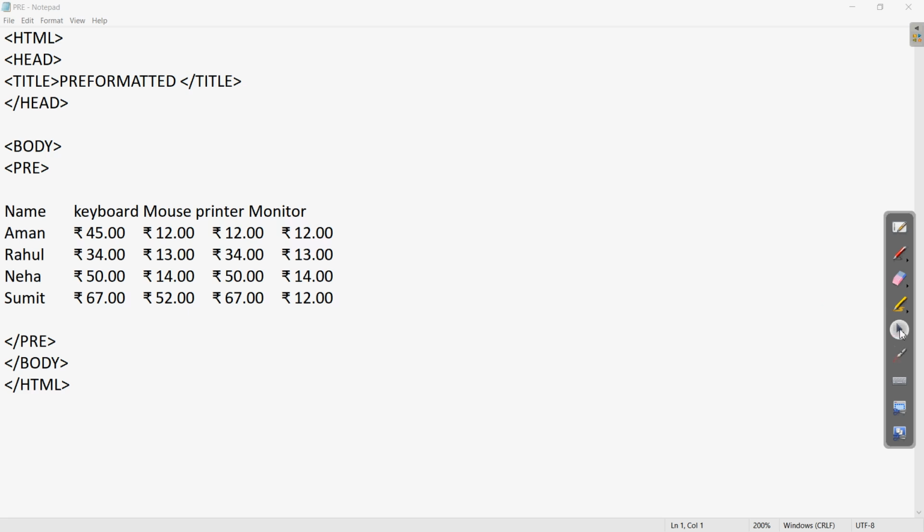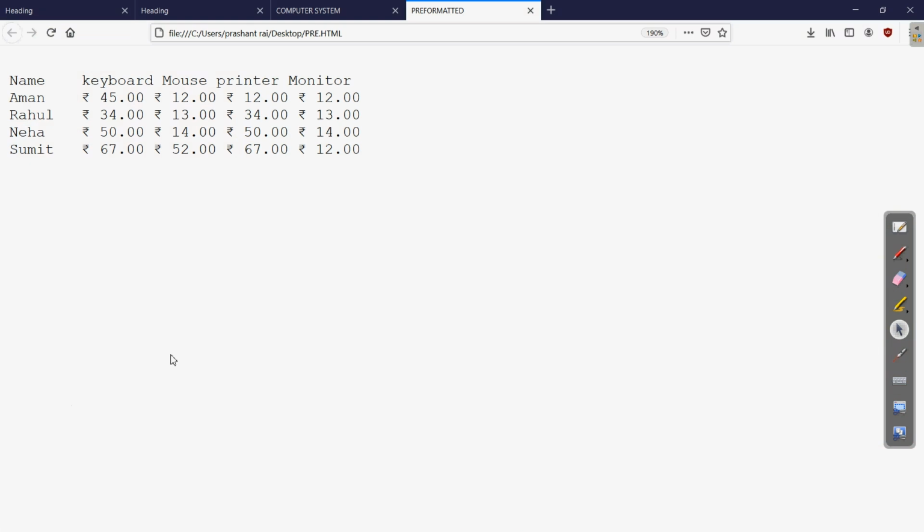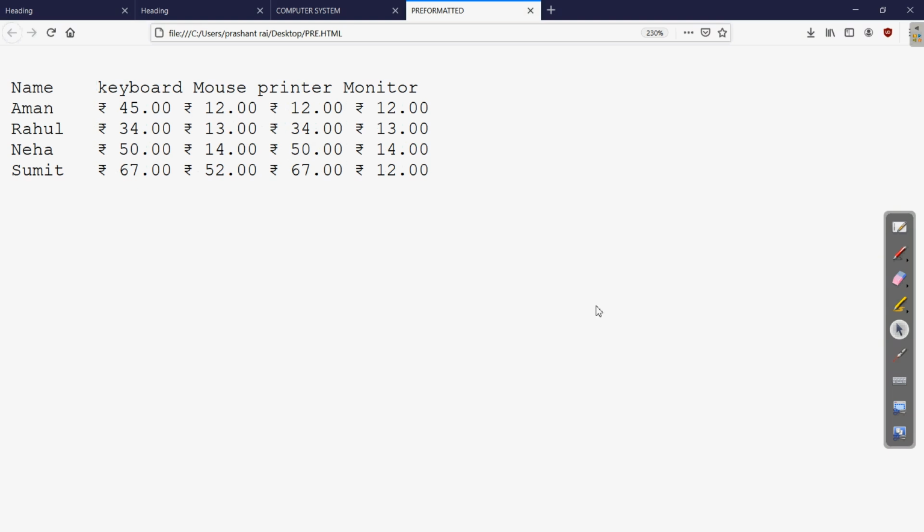Now let us see the output of this and how it is going to appear in the web page. To open this directly, click on this file. Here you can see that whatever was the appearance of this data in the notepad, in the way we have written it, the same is the appearance in the web page. Clear?